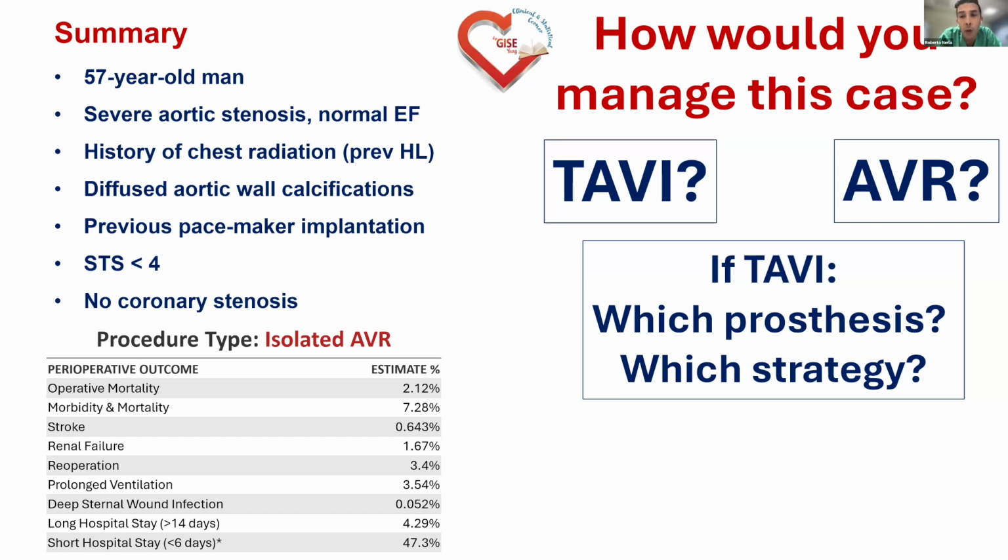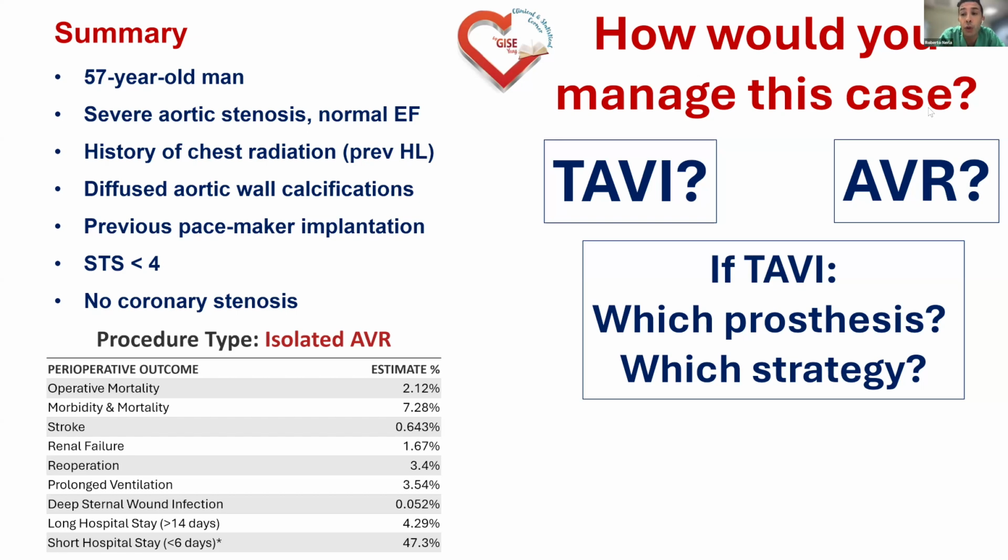First of all, we need a perfect, excellent acute result. Which is something that we are able to achieve also in older patients, but in this case, it's even more important. Well, we are lucky because he already has a permanent pacemaker, but we need to have zero paravalvular leak,